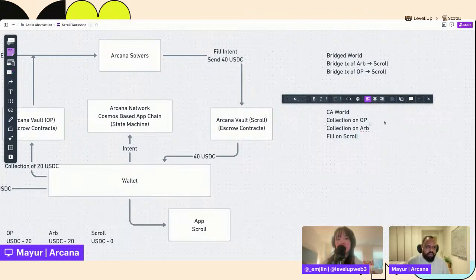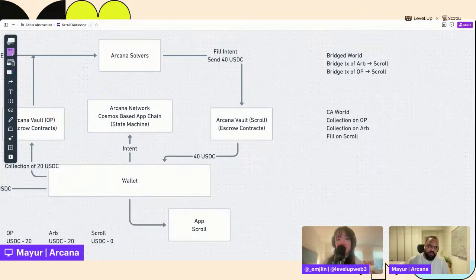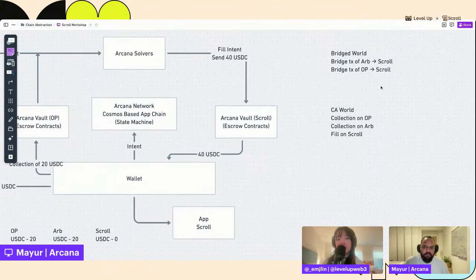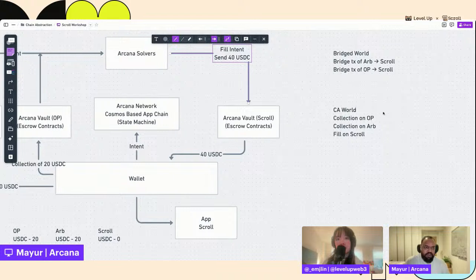Now, if you think about this, these are essentially either basic ETH transfers, depending on what asset I want to spend. In case of USDC, it's basically like an ERC20 transfer. So you would be paying probably less in terms of gas because even this is just a transfer, and it's actually more optimized.